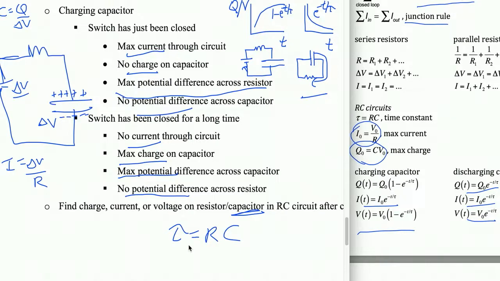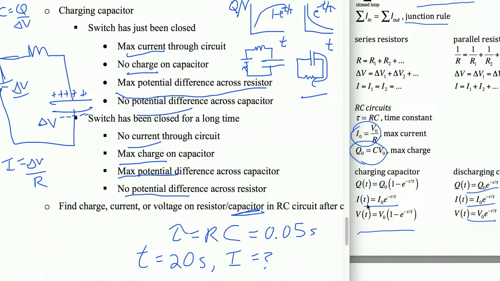And the last thing I want to mention is another shortcut I mentioned in class. So if you calculate RC and let's say it's equal to 0.05 seconds, and then you're asked, okay, what's the current through the circuit when time equals 20 seconds? What is the current? Well, and let's say it's a charging capacitor, right? So instead of plugging 20 in for time, 0.05 in for tau here,